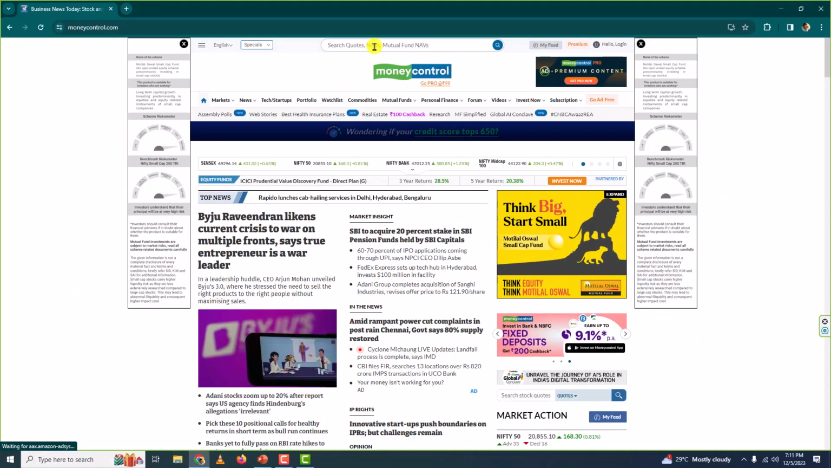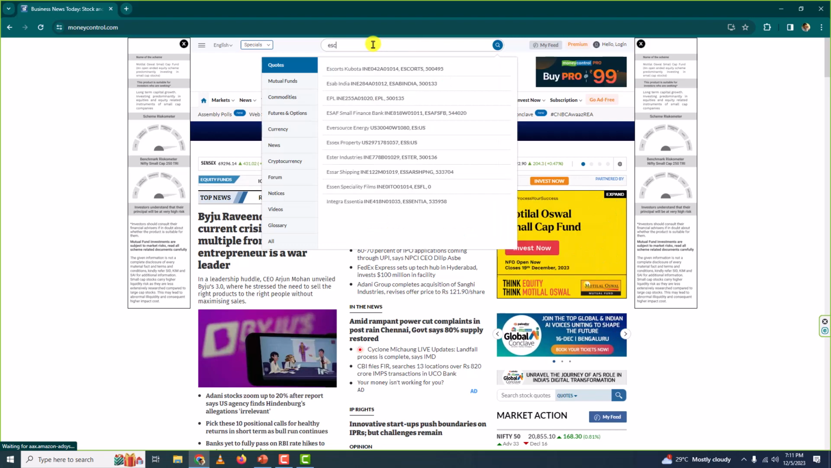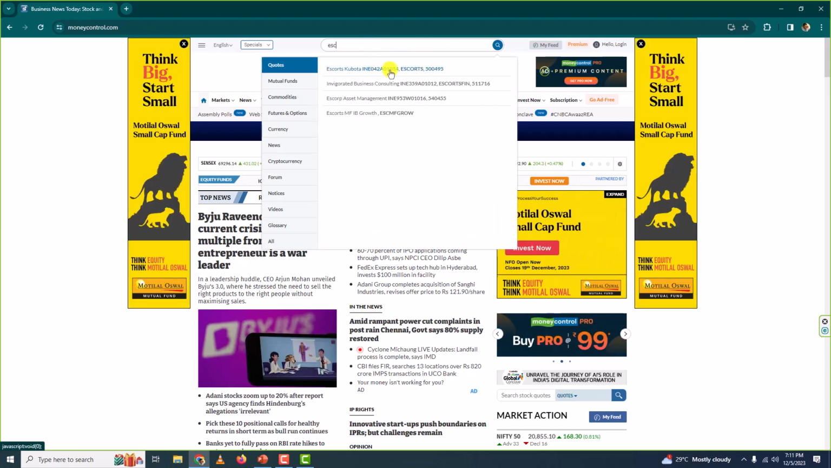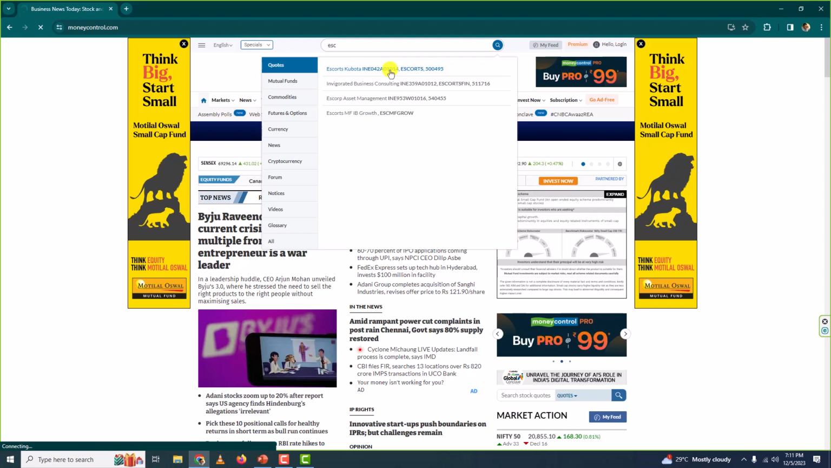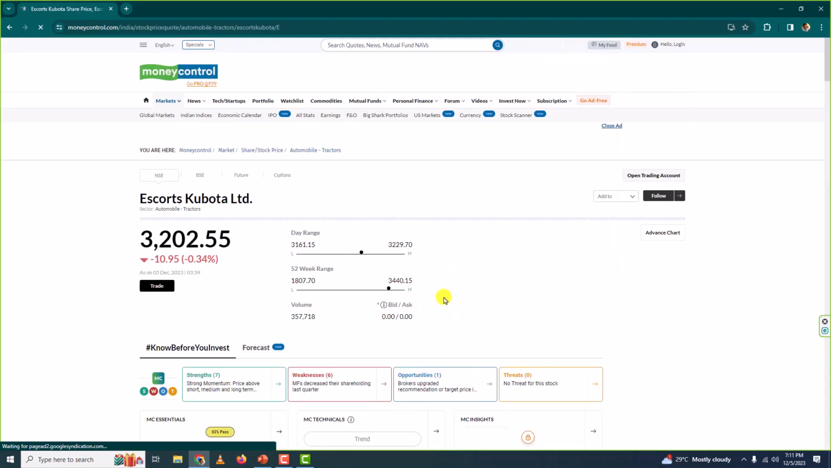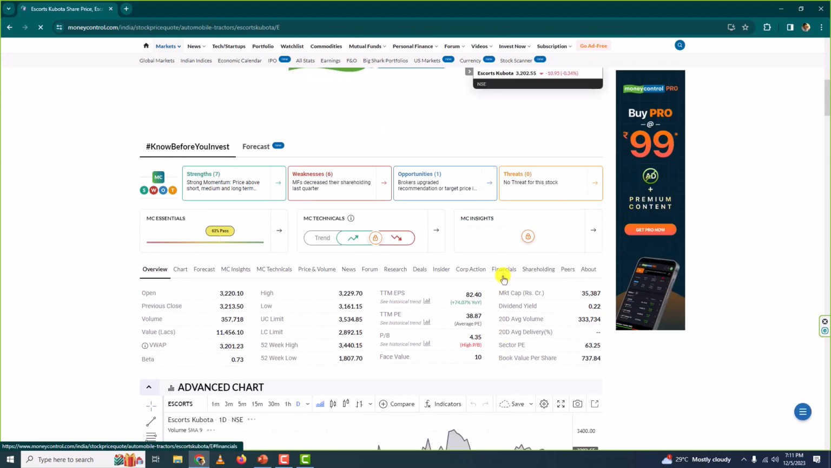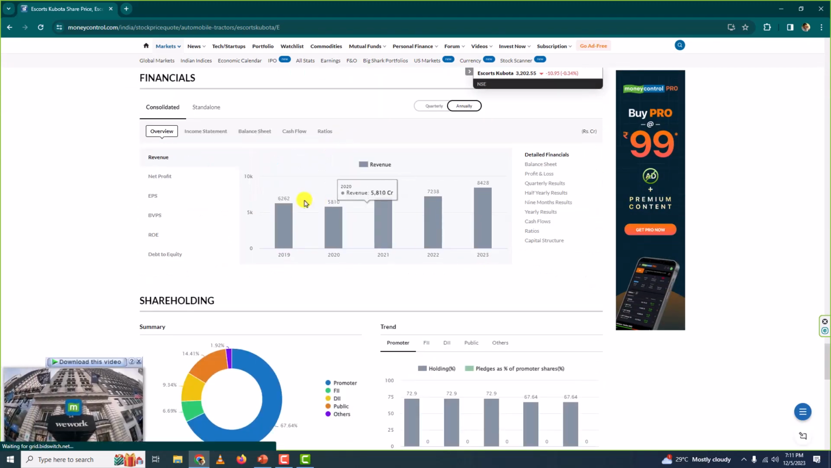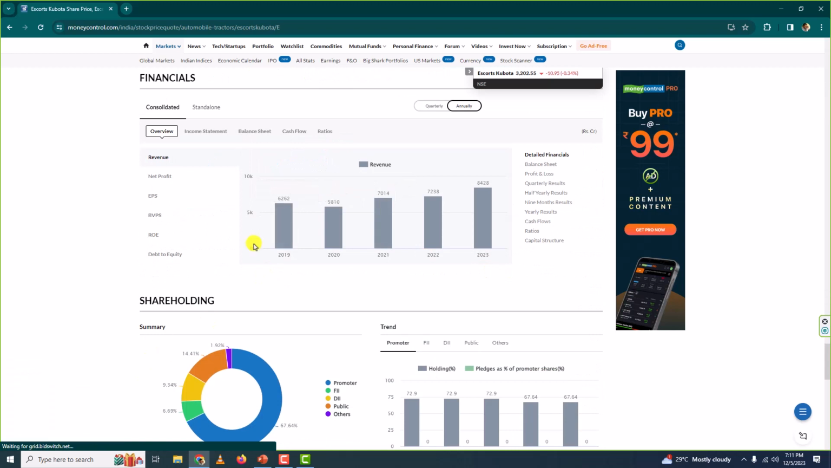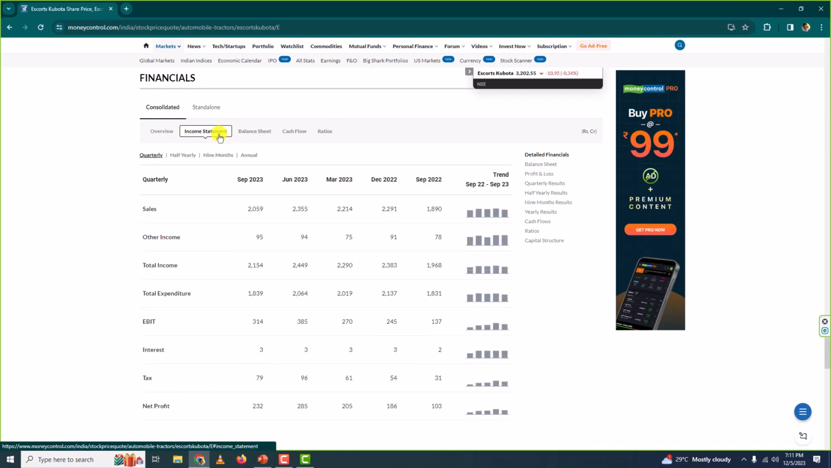I am in moneycontrol.com and here I'll type Escorts Kubota. I'll click on this, which will get me this. And here I will click on financials. So it goes to financials. Let me close this, and here you have income statement. Profit and loss statement is also called income statement, and currently quarterly is selected, but